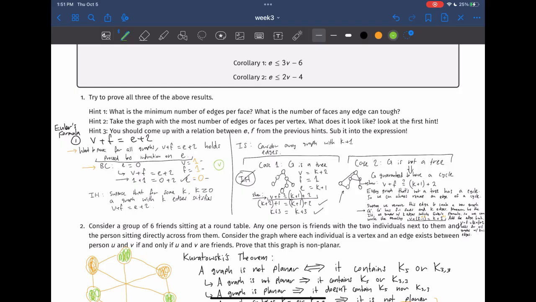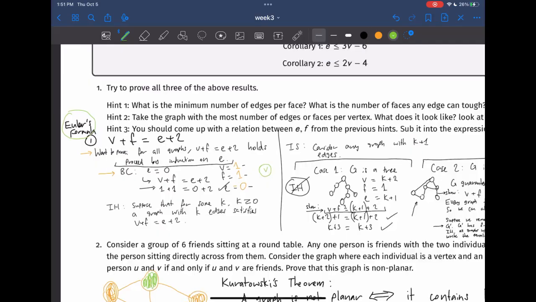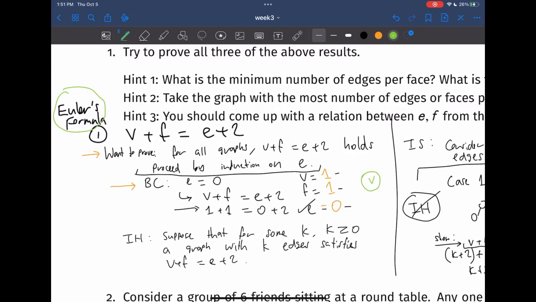The first question has us prove a lot of facts about planar graphs, and the first one we'll prove is Euler's formula, or v plus f is equal to e plus 2. So the proposition that we want to prove is that for all graphs, v plus f is equal to e plus 2 holds. If we want to prove something is true for all types of something, that's a hint to